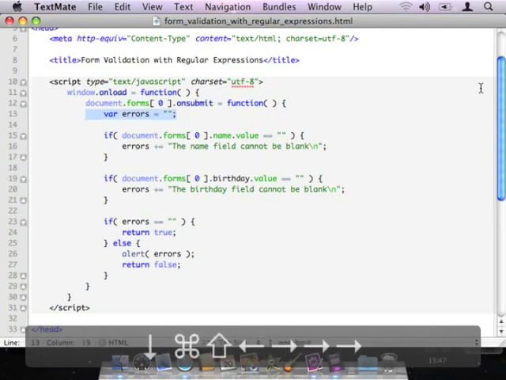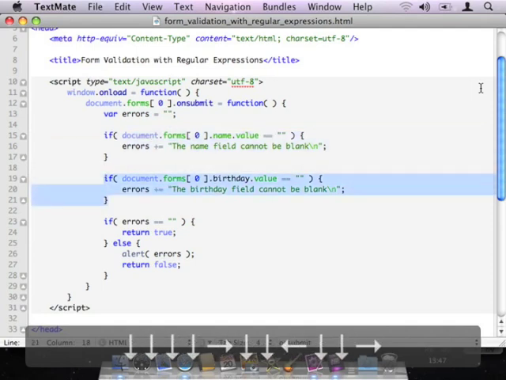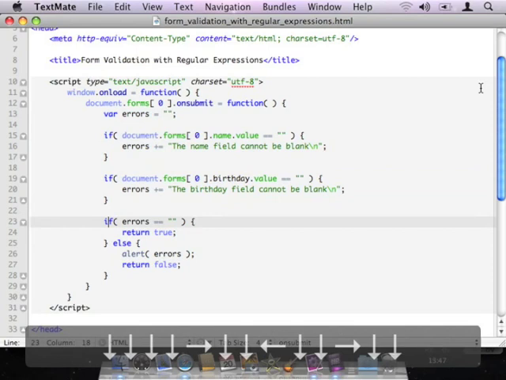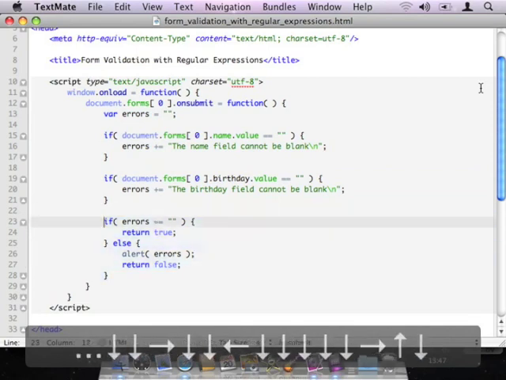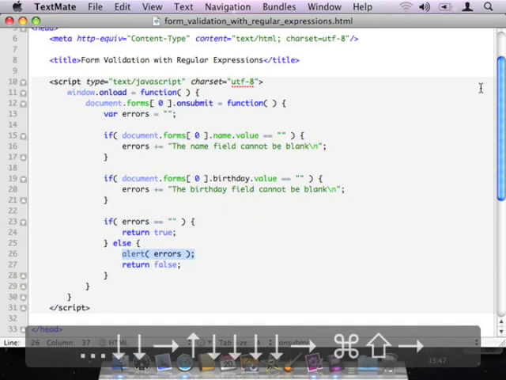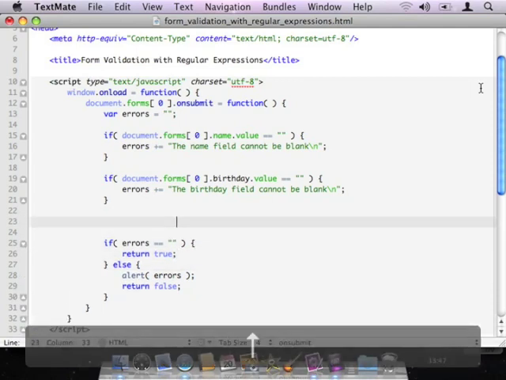Once that's done, we fall back into our regular validation pattern where I create an errors variable. I have an if statement that makes sure the name field isn't blank, an if statement that makes sure the birthday field isn't blank, and then I have my little if else that checks to see whether we should submit the form or not. If we don't submit the form, I display the errors in a pop-up, which yes, I said wasn't a good idea, but remember, this is just an example,